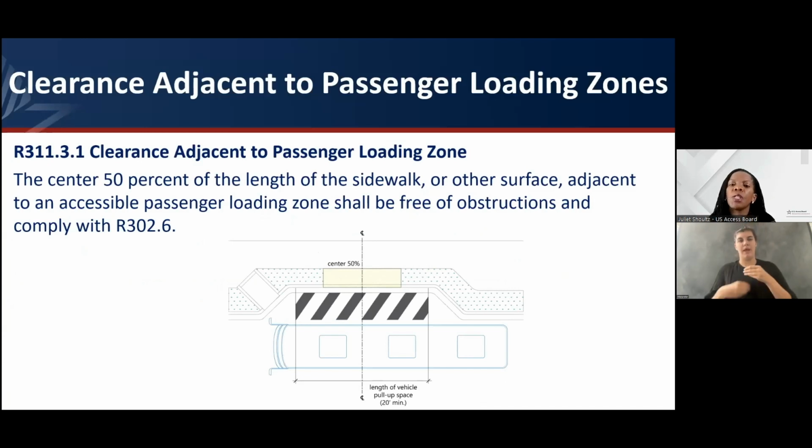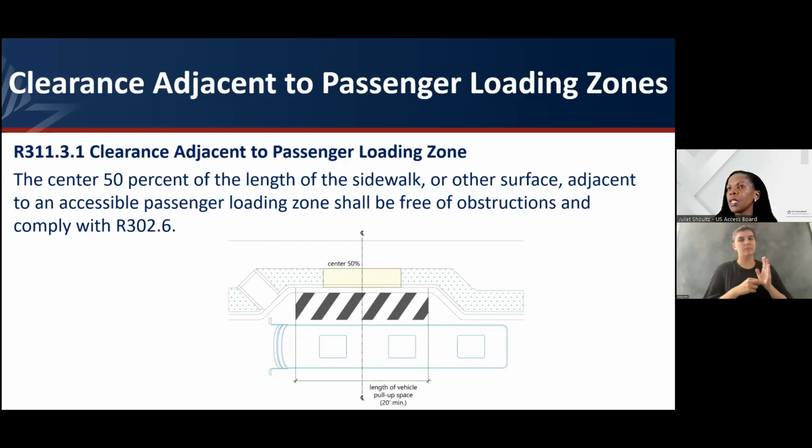We've added a provision limiting obstructions in the space adjacent to passenger loading zones. And you can see an illustration of this on the slide where you have a passenger loading zone, you have the vehicular space, the access aisle, and then we're talking about the center 50% of the adjacent surface. So in the final rule at